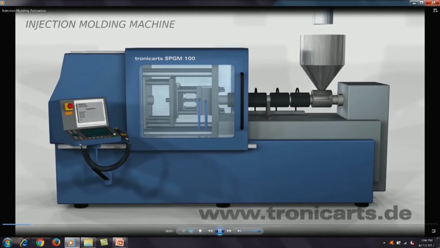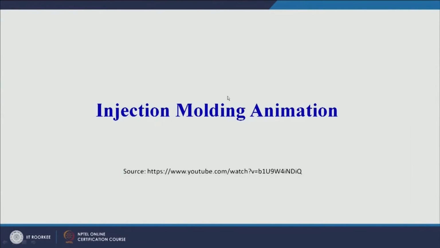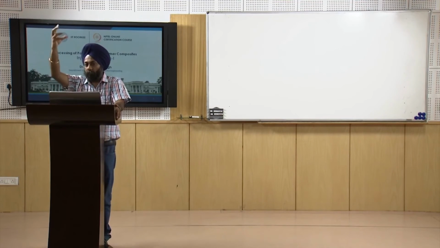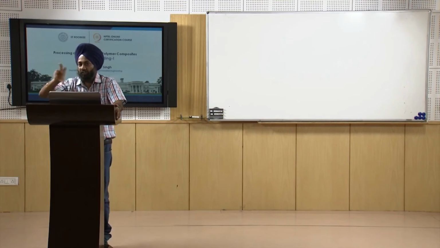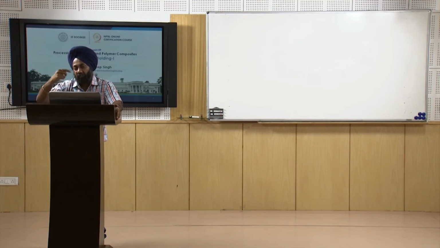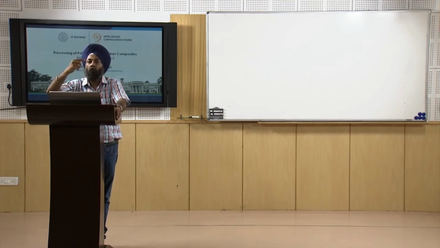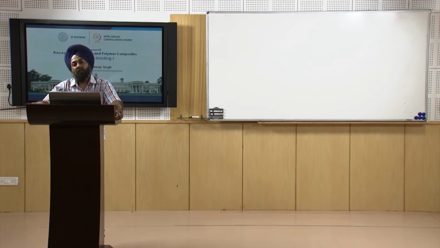I think the process now is very clear to all of you: from the hopper the raw material is coming into the injection chamber, then there is a rotating screw type of arrangement. It is forcing the molten plastic through the nozzle into the mold cavity. The heaters are attached all around the barrel or the injection chamber, which melts the plastic, and once it is injected into the mold cavity, the cooling circulation of water or air cools the part